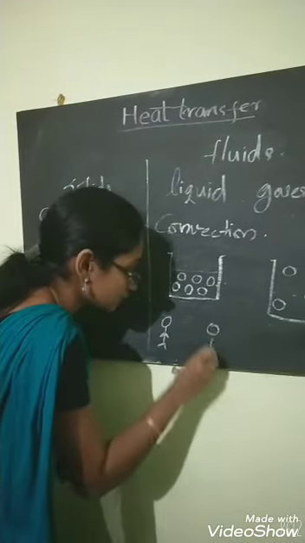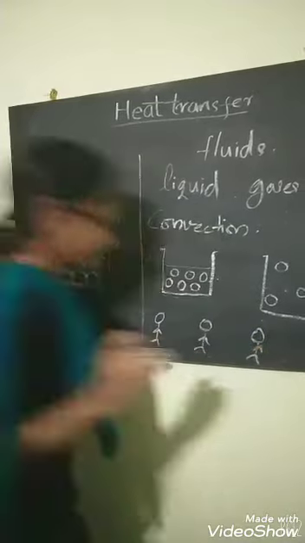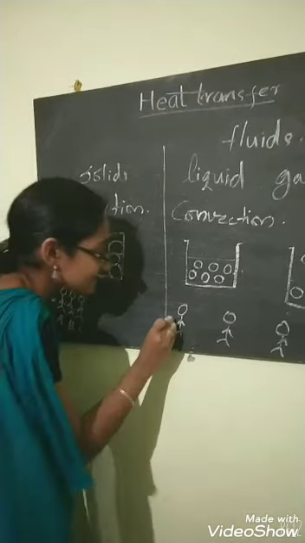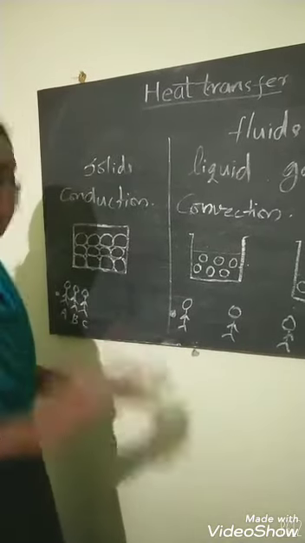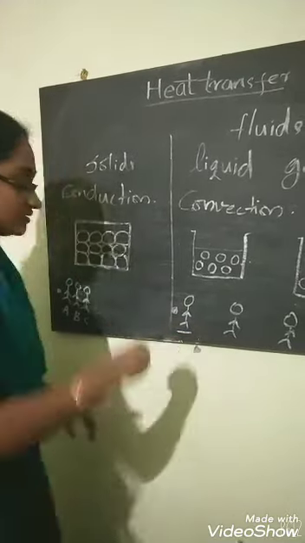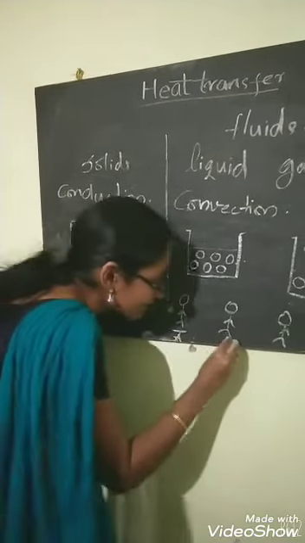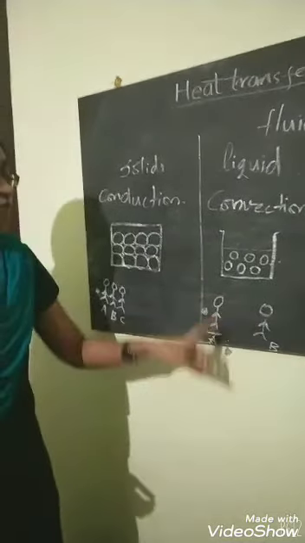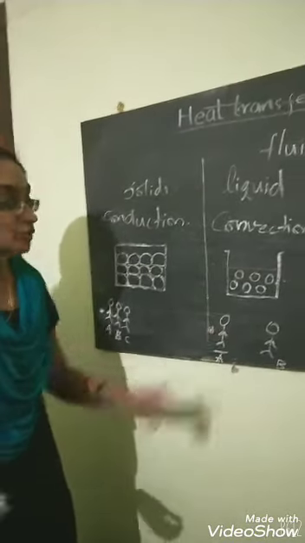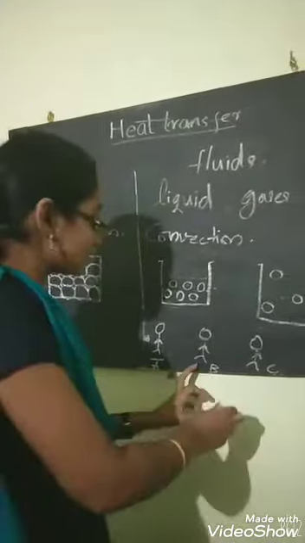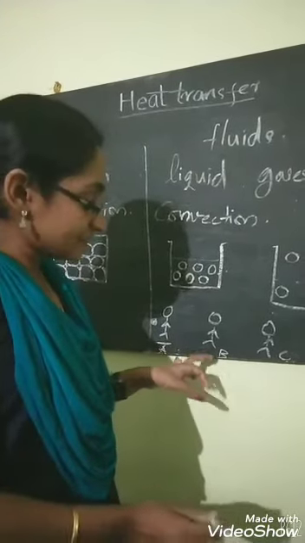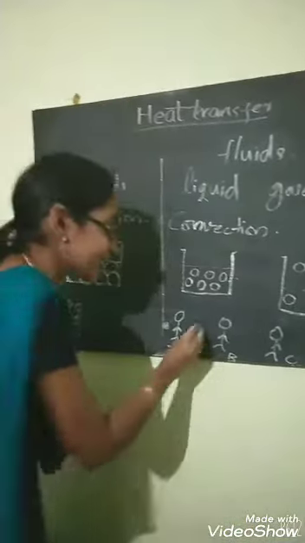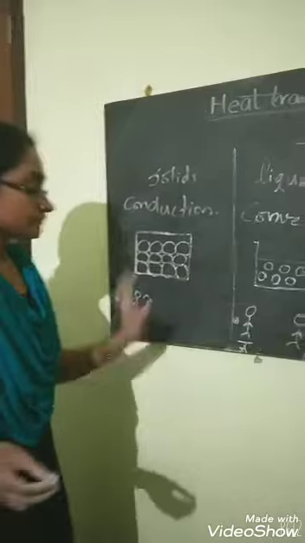Now, in this case, we are considering three people, 1, 2, and 3. Here, these people have some distance between them, and for passing the ball they want to move from this position to this. This man is at A, this man is at B, and this man is at C. So, for moving the ball from A to B, this person wants to travel and give the ball to the second person. Then the second person holds the ball and travels to C and gives the ball. So here, what is the difference between the two examples?